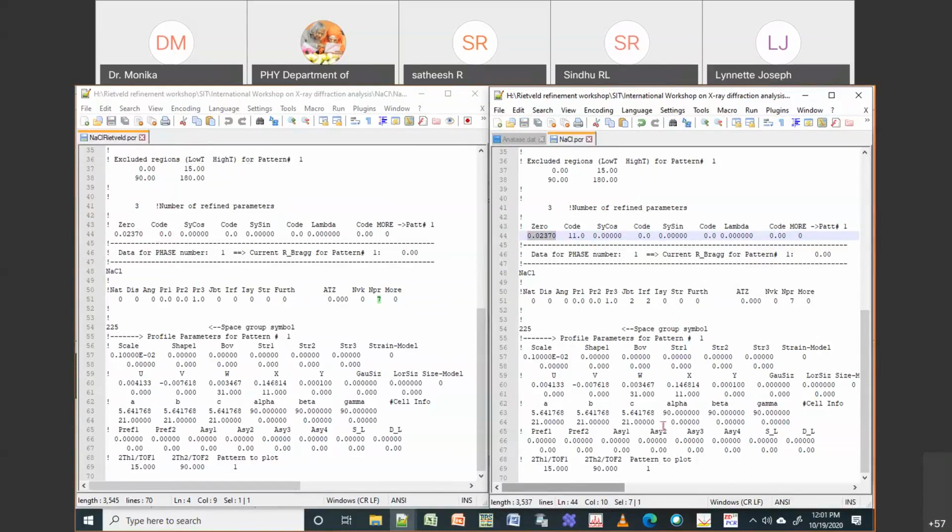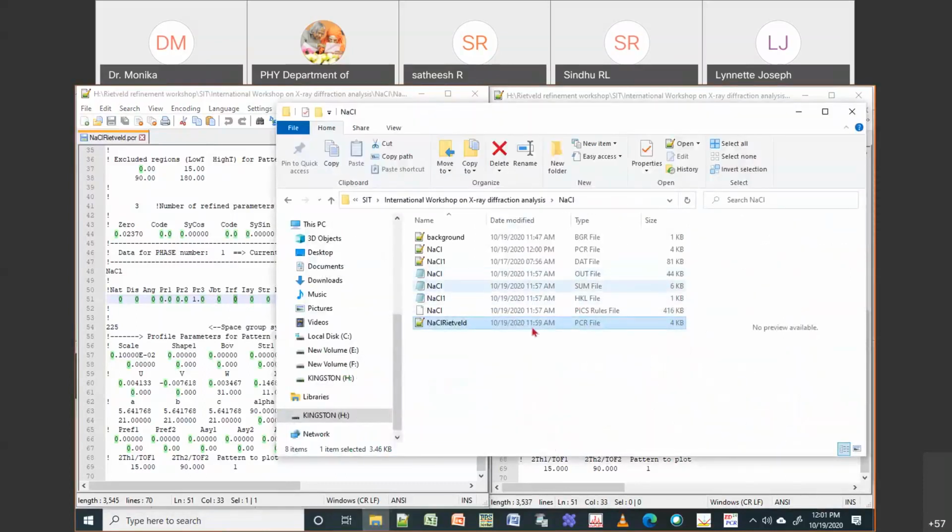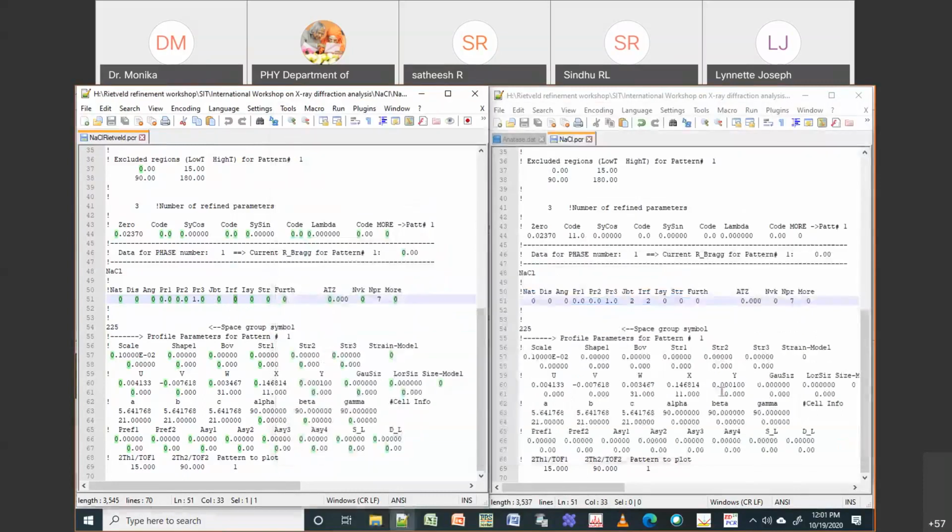Then if you go here, there is something called JBT. Now it has become 0. 0 means it is Rietveld refinement or atomic refinement. IRF is 2 in this case. Here it is 0. IRF refers to the HKL file. Each time you run your profile matching, it will create an HKL file. This will be the starting point the second time you run the profile matching. But here we don't have that, so IRF should always be 0.